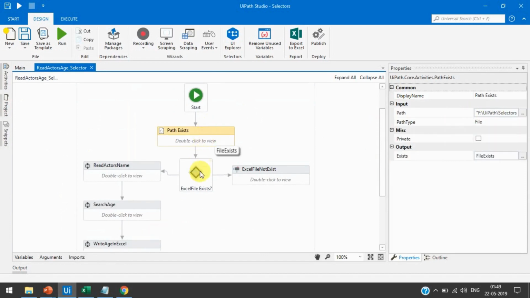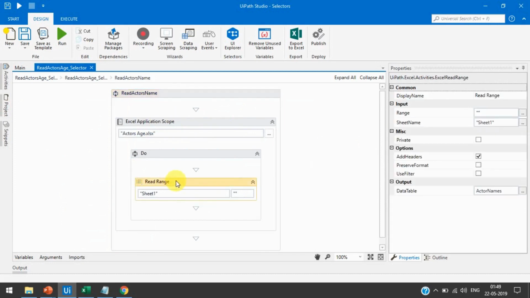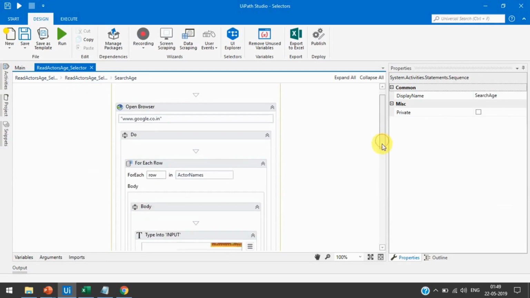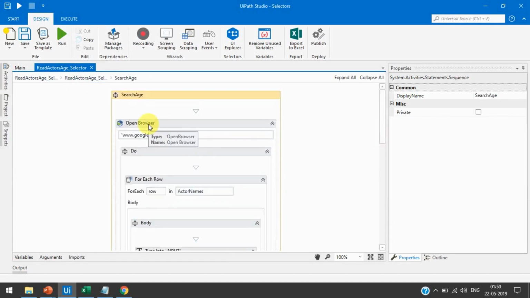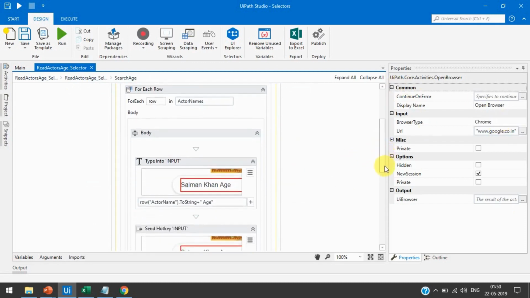If it exists, then I have used the Excel application scope and read range to read that Excel file, and I have taken one data table, that is actor's name. And here in the search age sequence, I have used open browser and taken the Chrome browser, and here I have used the for each row.